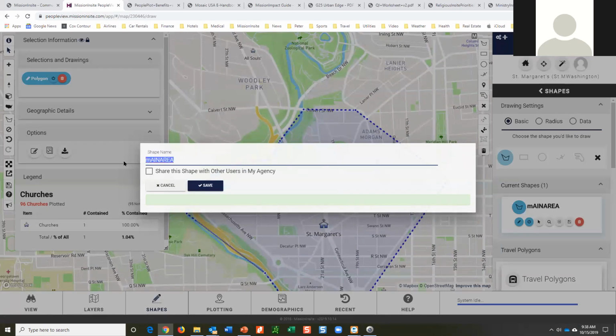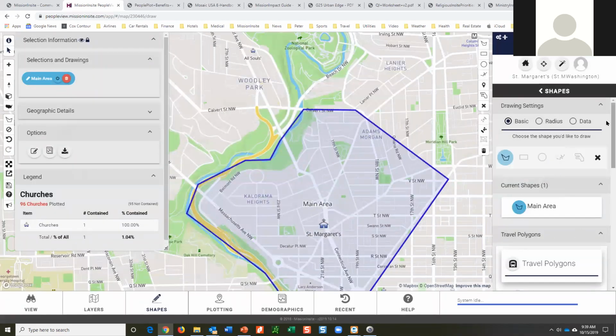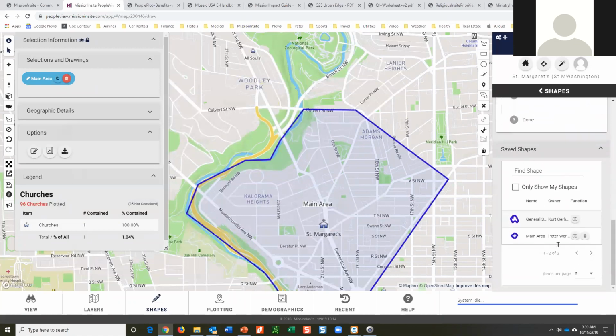Let me get rid of my cap tool. And I'm going to say save. Now, here in my shapes, I have save shapes. And Kurt has saved a shape. So I could access that if I want, or I could just show my own.